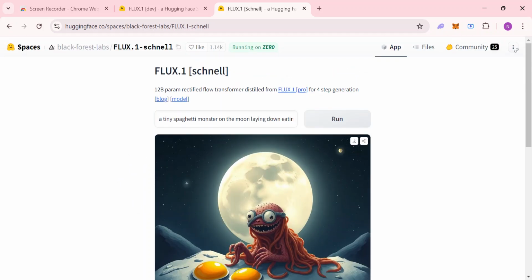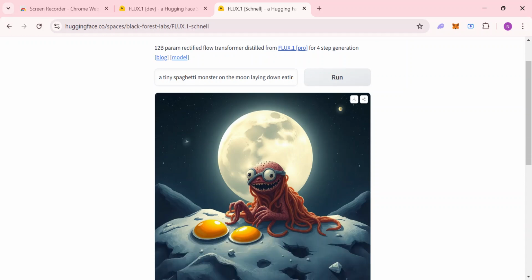And here you see how well it follows the prompting, right? A tiny spaghetti monster on the moon, laying down, eating eggs, it's cooking and trying to prepare to eat it, right? So it's really, really good in what it does. It also follows pretty well one of the advancements and